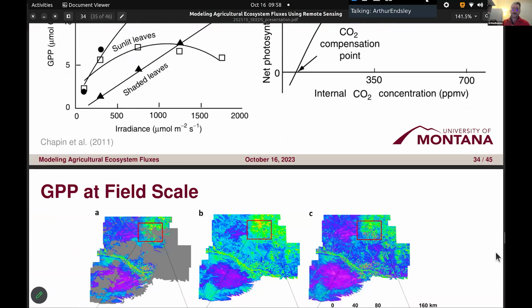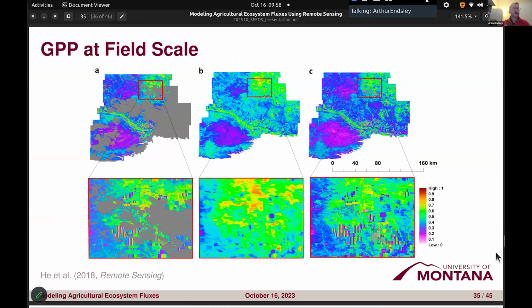And I'm happy to report that we can do this at field scale as well. So again, one of my colleagues, taking that same approach that we saw with Mod 16, was able to downscale these model estimates to field scale, closer to Landsat resolution, by using Landsat imagery in place of these more coarse, moderate resolution measures of canopy closure.